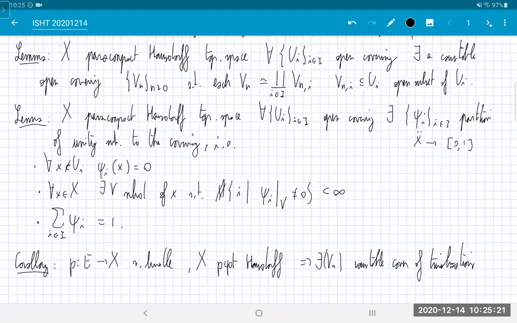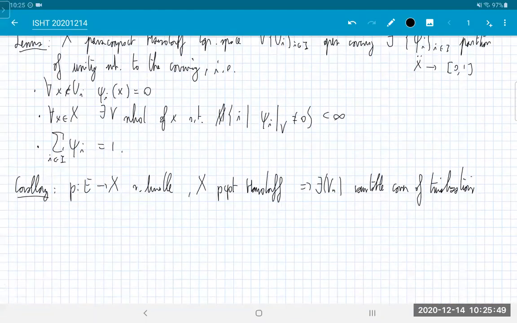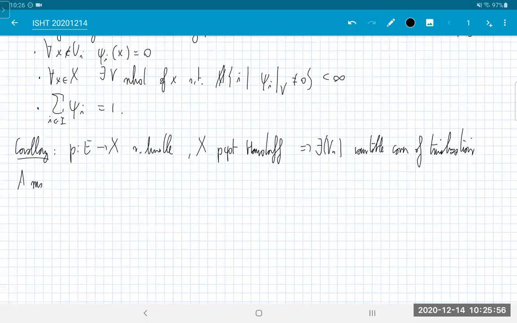Okay. Oh, I didn't tell you what a map of vector bundles is. But okay, one step at a time. So, questions so far? This was a lot of general topology to drop in your lap. Okay. So, where do I want to go? Okay, yeah. So a map of vector bundles